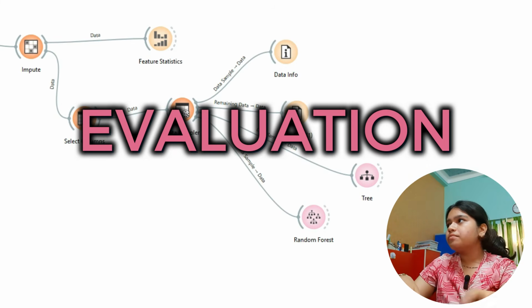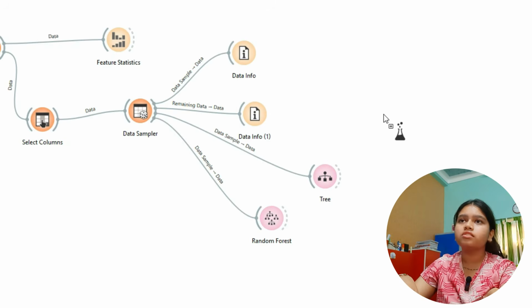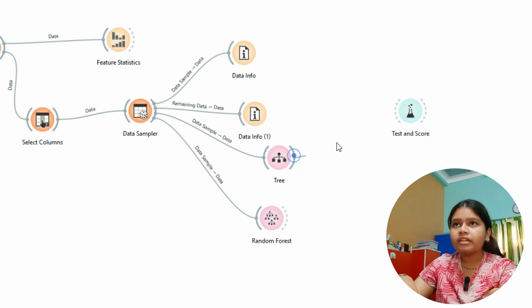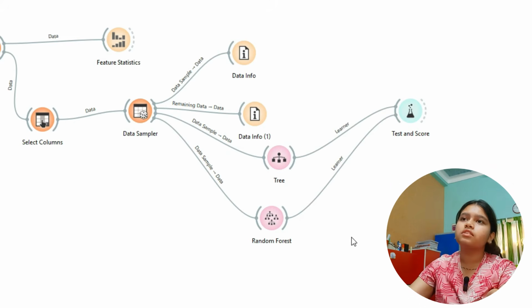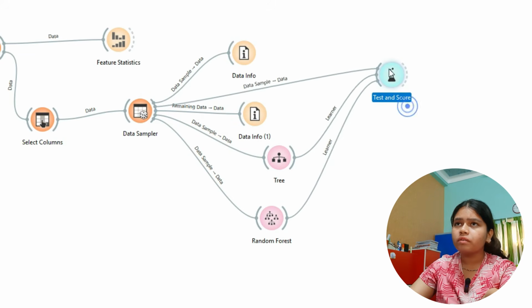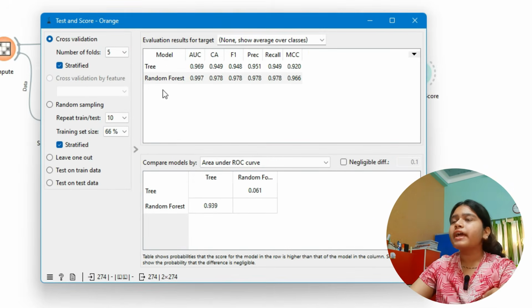So for that, you go to evaluate, and you drag test and score. Okay, and you connect tree with this, and you connect random forest also with this. Okay, and you have to also connect data sampler with test and score. Okay, now if you click on test and score, you will get, in evaluating models, what you have learned, there